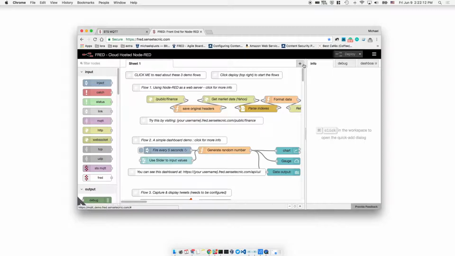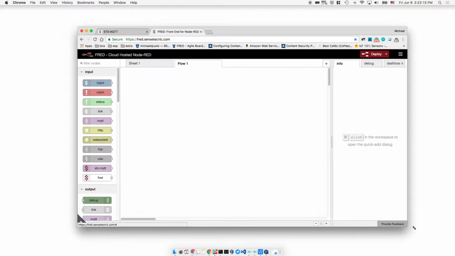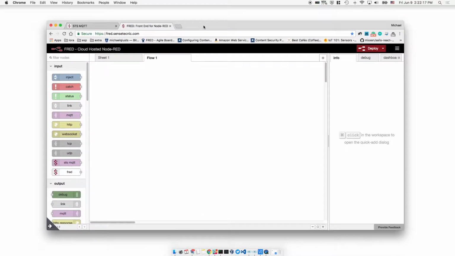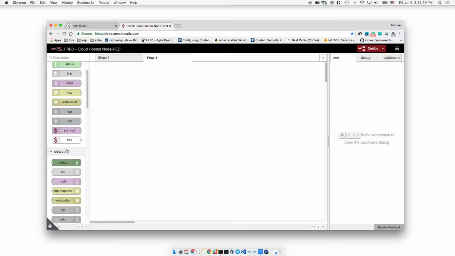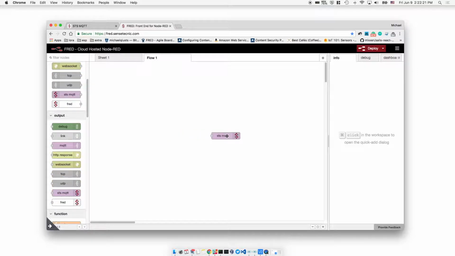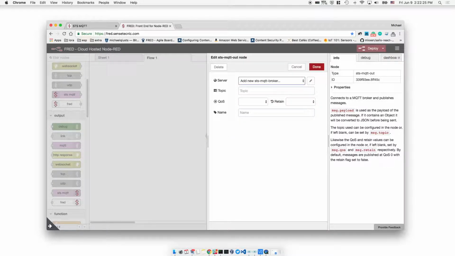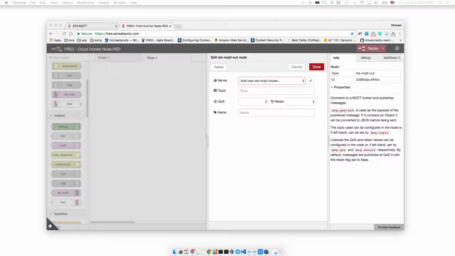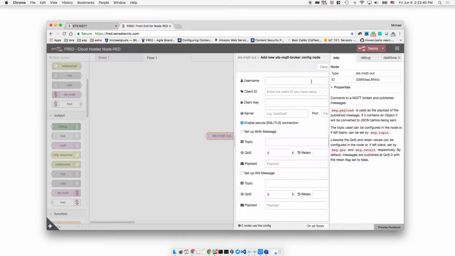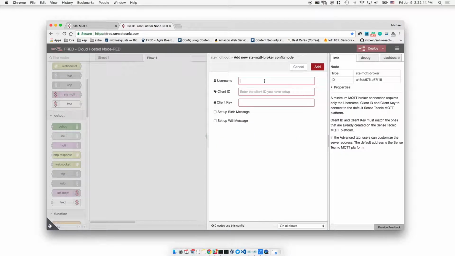Now to start a new connection, we need to add the new STS-MQTT broker configuration. To do so, we drag the STS-MQTT out node onto the editor and double-click on the node. We then choose to add a new STS-MQTT broker. In here, the minimum requirements are to set up a broker, add your name, your client ID, and